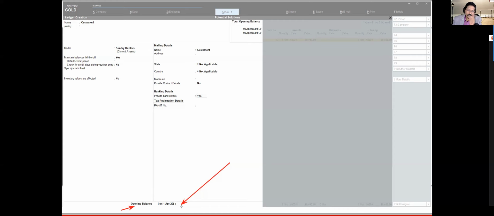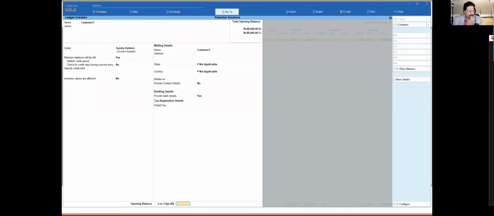So the example that I gave you is I'm starting the company new. So I have no ledger where there is an opening balance, and I don't want it unnecessarily. Now, what happens here, if you see the cursor, when you are creating this master, the cursor is going to go there, right? So the cursor is going to take you there, and you can enter the value. Now, when you enter the value, it is going to have an impact. So your trial balance is not going to match. So I don't want this opening balance to be there. That is where your F12 configuration is going to help you enable or disable.